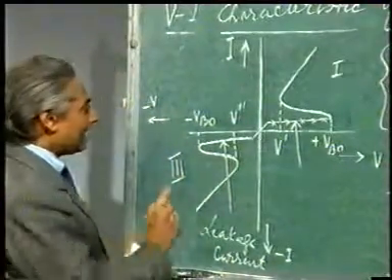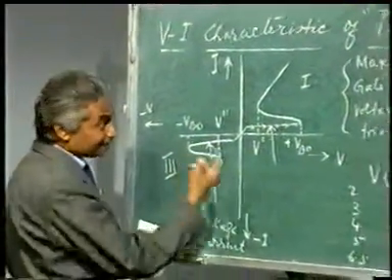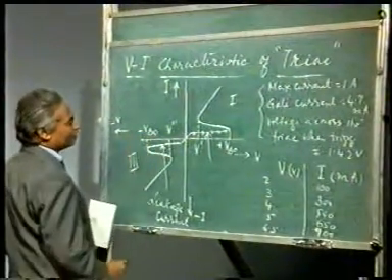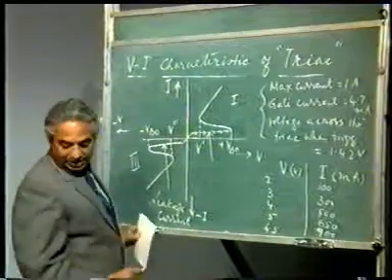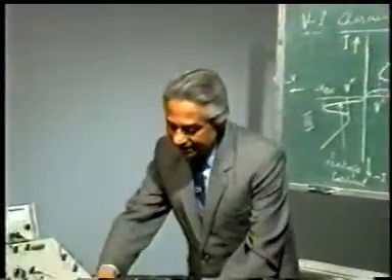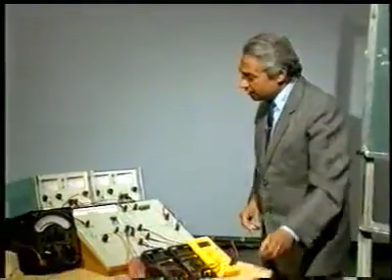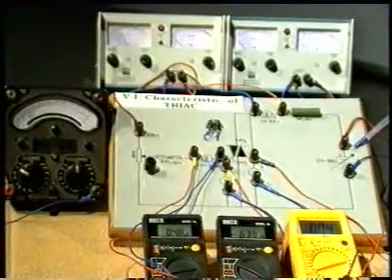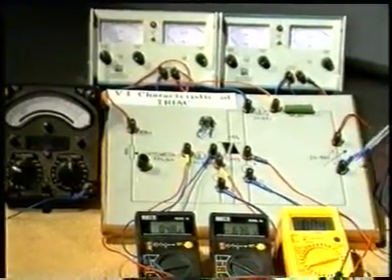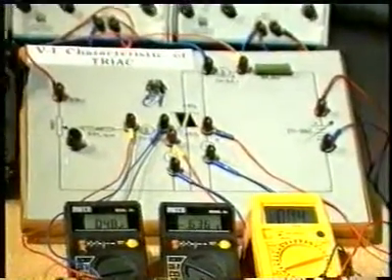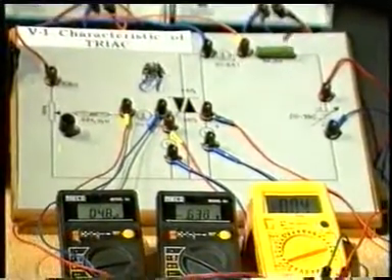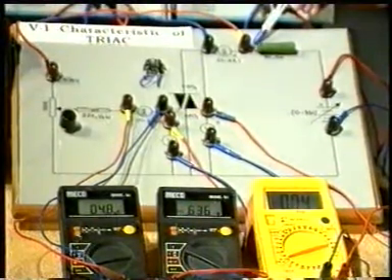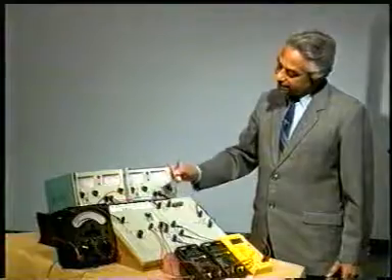Now if I have to draw the third quadrant characteristic, that is the second part of the characteristic, what I have to do is give a minus voltage supply here. For minus voltage we are going to interchange these two terminals. The positive which is coming here will come here, and the negative terminal will be connected here. Similarly, this multimeter, that is the ammeter, will have to be interchanged. The positive terminal which is right now connected will be connected here, and the negative will come here.